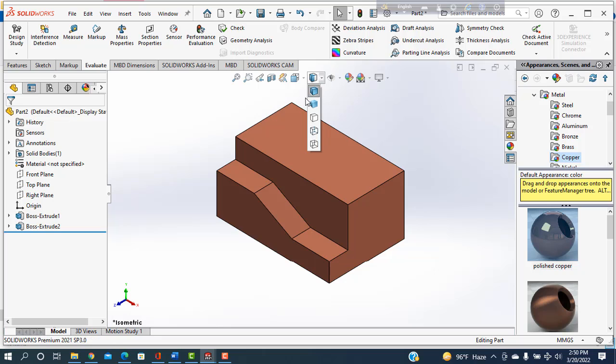I think everybody got it how to draw these objects and also show the top view, front view, side view, and also analyze the mass properties. So again